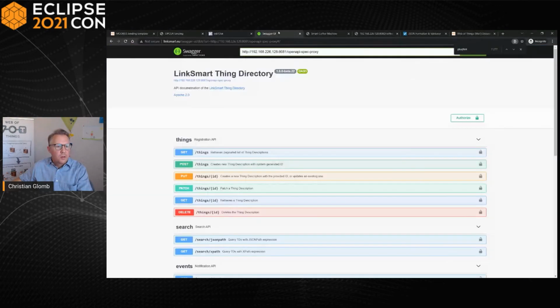Okay, so the thing description directory is from LinkSmart, so provided by Fraunhofer. It has a quite nice Swagger UI. And since we're at the moment lacking a direct interface between the editor and the thing description directory, we're operating everything here from the Swagger UI. So what you can get here,